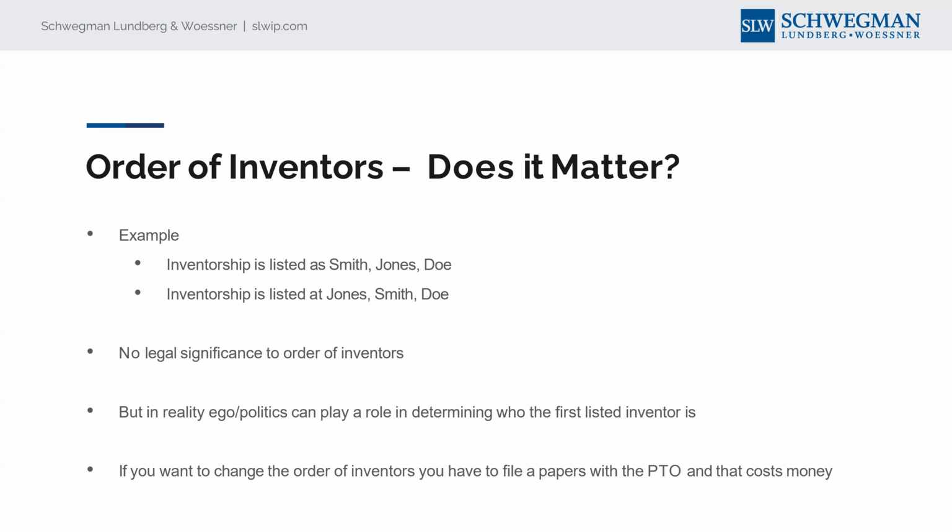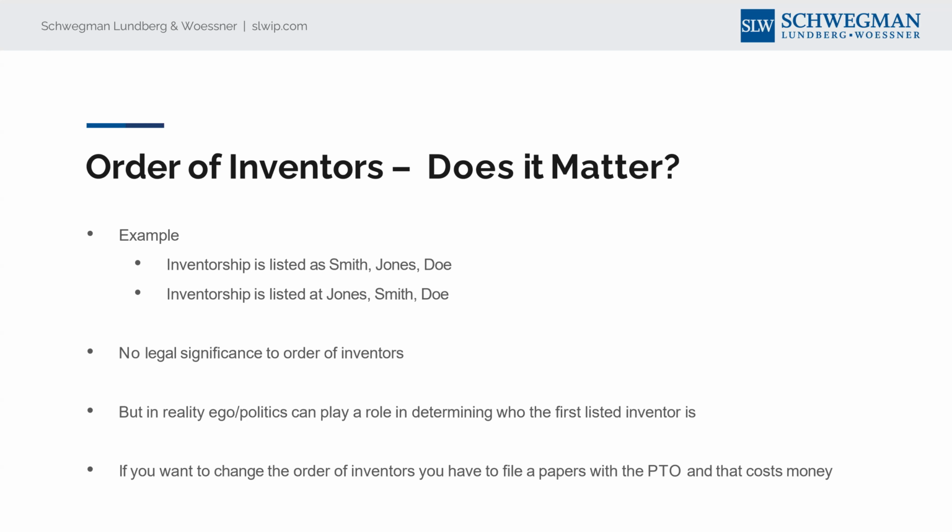If you do find yourself managing a case with a bunch of inventors, you'll make your life easier if you just ask early on who wants to be the first listed inventor. Some clients I've worked with actually have an embedded corporate policy that inventors, unless otherwise agreed, are just listed in alphabetical order of their last name. That seems to calm things down.